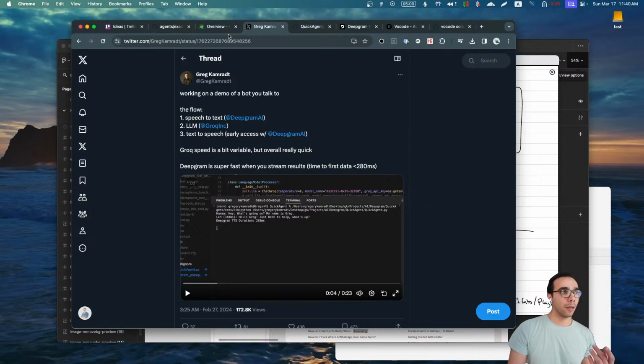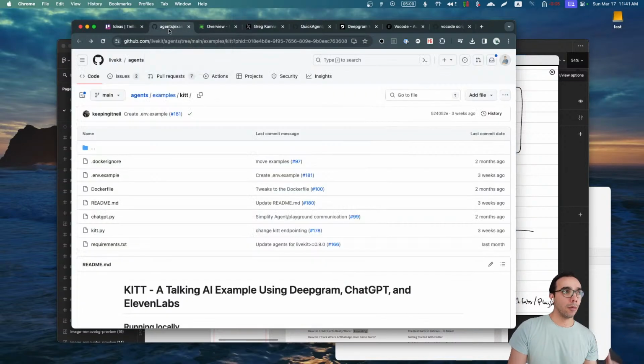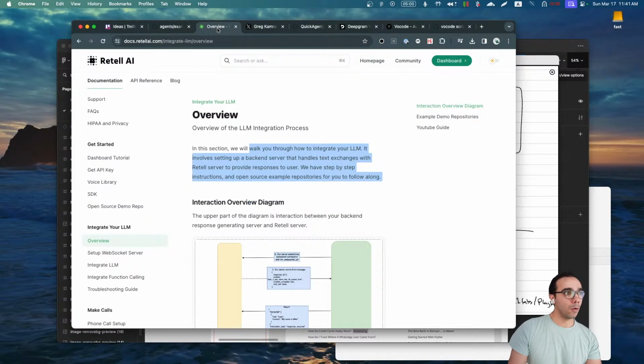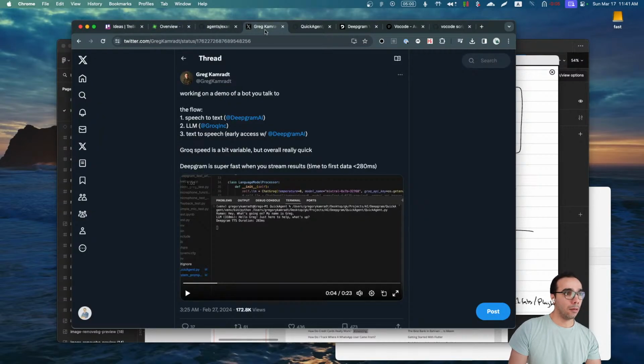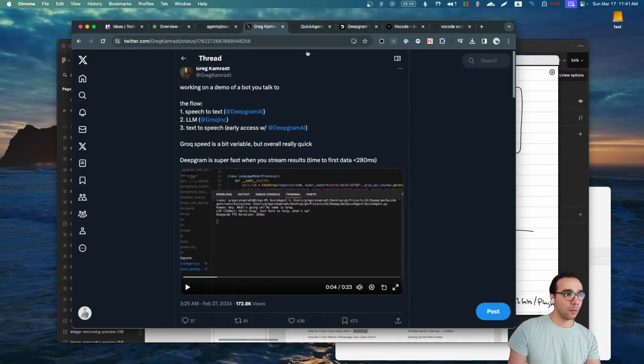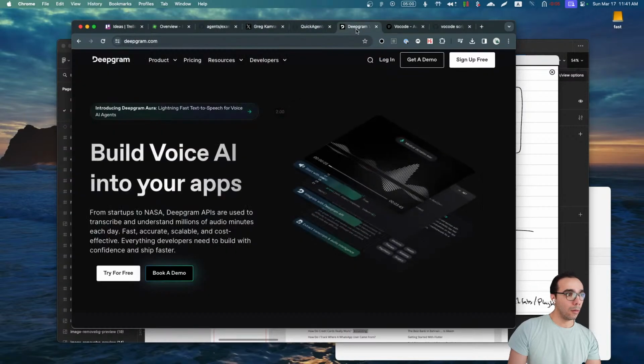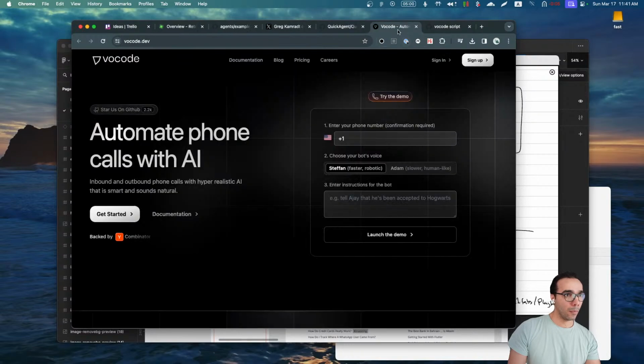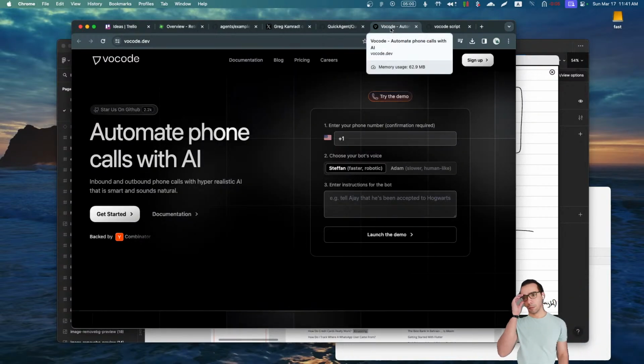All right, so a couple of compelling options. We actually have three compelling options. The first is to use this kit thing, and we have the code for that. We also have Retail AI, and we've got Greg's example here, which uses DeepGram as well as Groq, and Vocode. Vocode as well, but Vocode, I think,